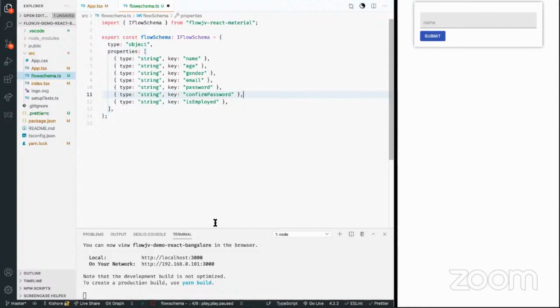Let us take an example of a registration form. So these are the details of a registration user, right? What I'm trying to say is, to the flow schema, to the library, I've defined step by step that I would like to collect information of name, and then age, and then gender, email, password, confirm password, and then whether the user is employed or not.